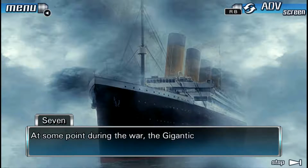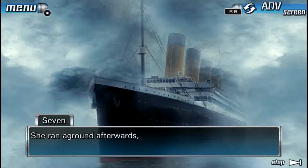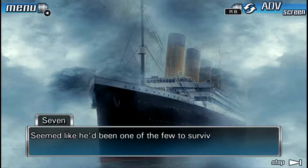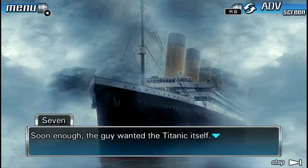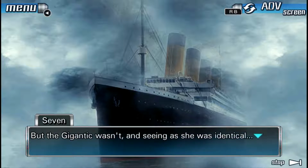At some point during the war, the Gigantic was damaged by a German mine in the Aegean Sea. She ran aground afterwards, so she didn't end up sunk. What happened to her after that? One theory going around is that a man named Lord Gourdane bought her. Seemed like he'd been one of the few to survive the Titanic sinking. That trauma turned him into some kind of obsessive collector of all things related to the Titanic. Soon enough, the guy wanted the Titanic itself. Which was impossible, of course. It's stuck at the bottom of the Atlantic Ocean. But the Gigantic wasn't. And seeing as she was identical...